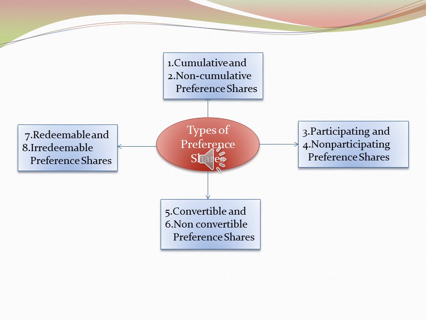मीन्स अगर वो पर्टिकुलर पीरियड पे डिविडेंड डिक्लेयर नहीं हुआ है, डिविडेंड पे नहीं हुआ है, कंपनी लॉस बियर कर रही उस वजह से या किसी और वजह से, तो वो पर्टिकुलर ईयर का डिविडेंड प्रेफरेंस शेयर होल्डर्स को पे नहीं किया जाएगा। इवन इट विल नॉट बी पेड इन द नेक्स्ट ईयर, इट गेट्स लैप्स, मीन्स इट गेट्स लॉस्ट फॉर एवर। मीन्स वो साल का डिविडेंड उनको कभी पे नहीं किया जाएगा, उसको बोलते हैं नॉन क्यूमुलेटिव प्रेफरेंस शेयर्स।